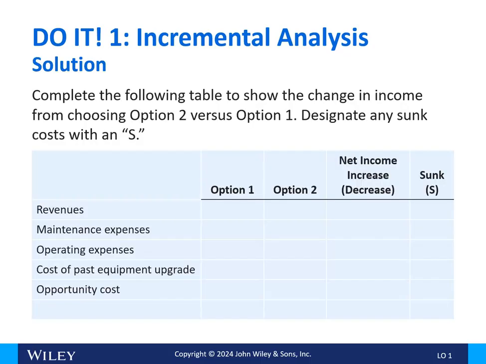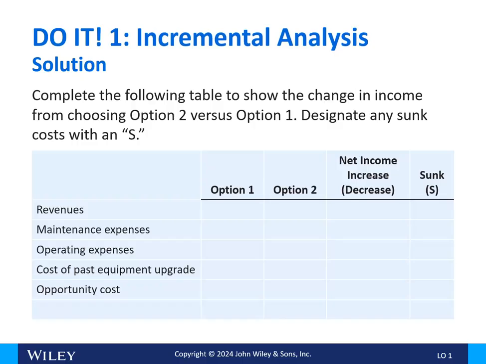So here's the table that we're going to fill out. We have our two options, our net increase or decrease between the two, and identifying what are sunk costs. We have revenues, maintenance expenses, operating expenses, cost of past equipment upgrade, and the opportunity cost. Okay, and that opportunity cost is that cost that they talked about, that if we choose option 2, it frees up resources for additional profit,